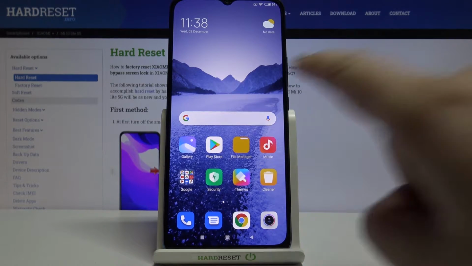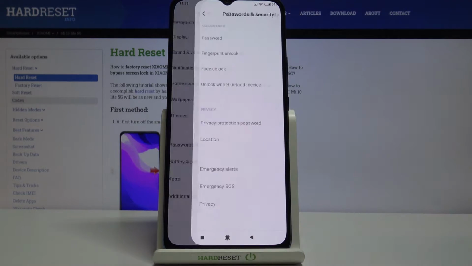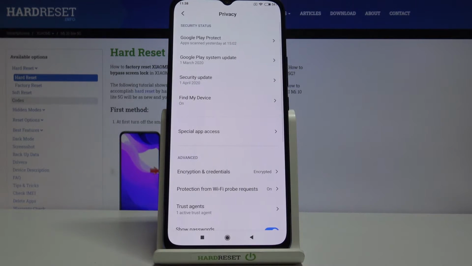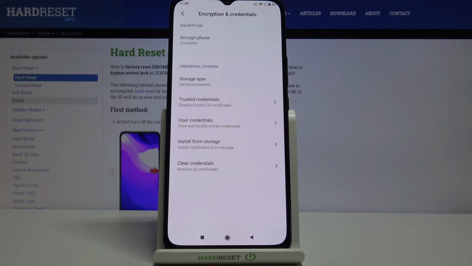this device. So first of all, let's find and open the settings, and here we have to find passwords and security. Now let's tap on the privacy, and here we've got encryption and credentials, so let's enter. As you can see at the very bottom of the list, we've got the clear credentials option, so let's tap